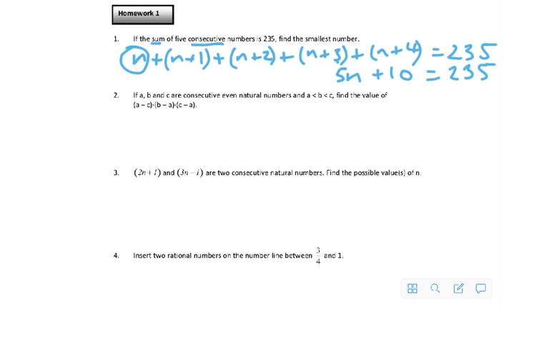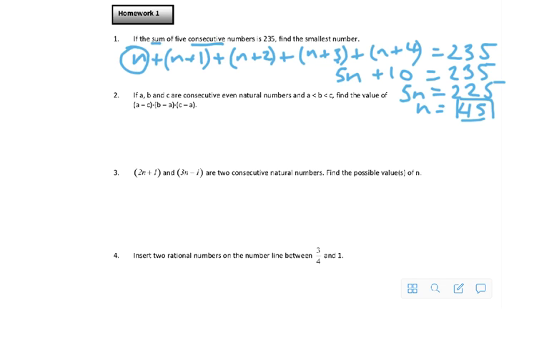So we're going to need to subtract 10, and we're running out of space here, but let's do our best. 5n will be equal to 225. And if we divide now by 5, then we can see 200 divides to 40, and 25 divides 5 times. So n is going to be 45. That's the smallest number. So, next, question 2. If A, B, C are consecutive even natural numbers,